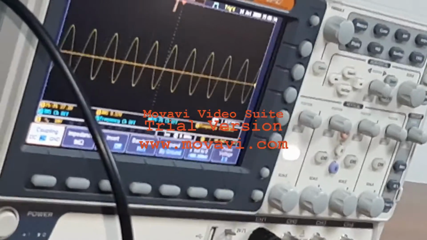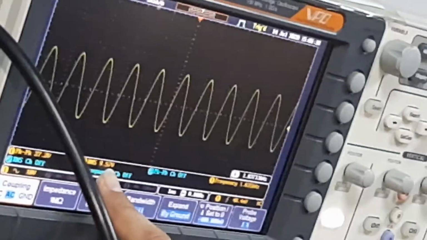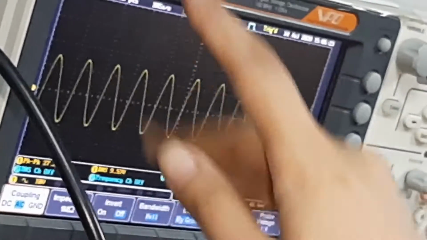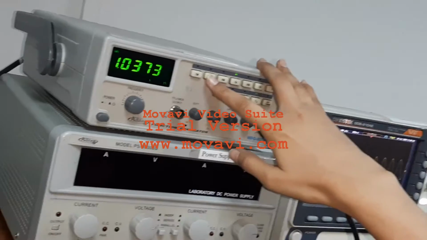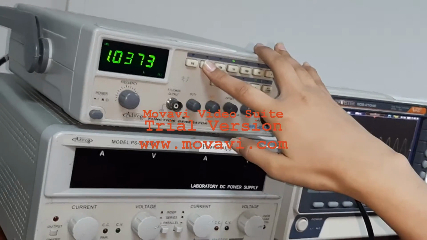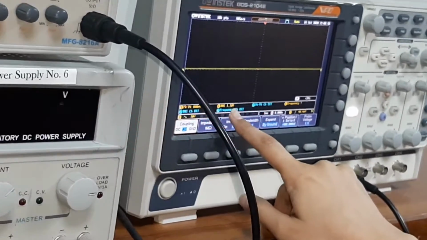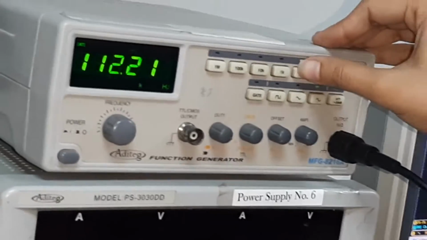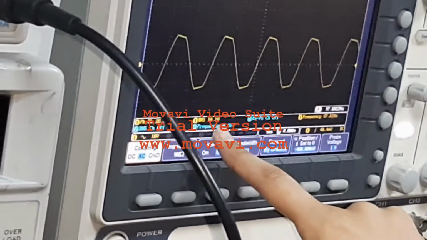You can clearly see that at the frequency of 1 kilohertz the filter shows the maximum output because it is in the low frequency range. As we increase the frequency, let's suppose I am taking it as 100 kilohertz, the amplitude of the output voltage is decreasing, that is 1.1 volt, and at a low frequency like 100 hertz the output is maximum, that is 10.7 volt.